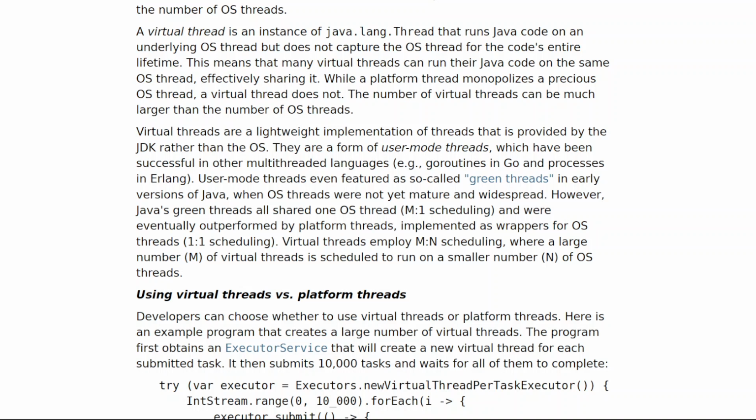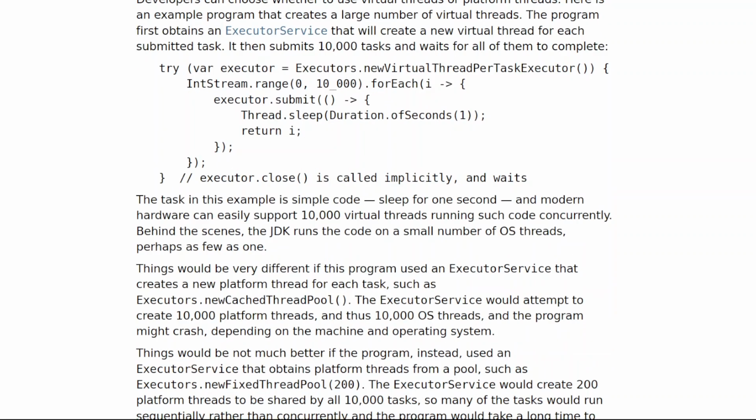It then submits 10,000 tasks and waits for all of them to complete. try (var executor = Executors.newVirtualThreadPerTaskExecutor()) { IntStream.range(0, 10_000).forEach(i -> { executor.submit(() -> { Thread.sleep(Duration.ofSeconds(1)); return i; }); }); } // executor.close() is called implicitly, and waits.